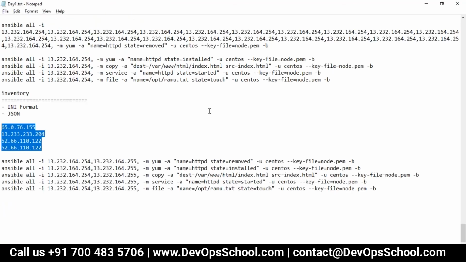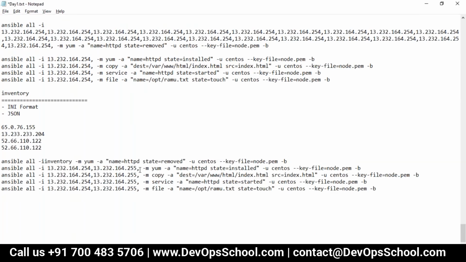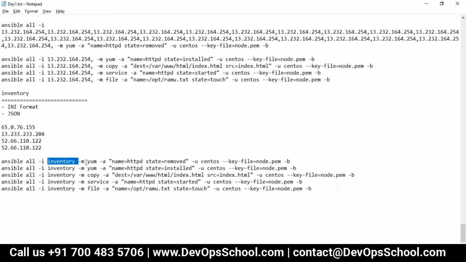Okay, now I am going to do the same thing, but this time with the inventory file. The file name is inventory, which is matching. So now see, that problem is solved. Here, inventory, yum.